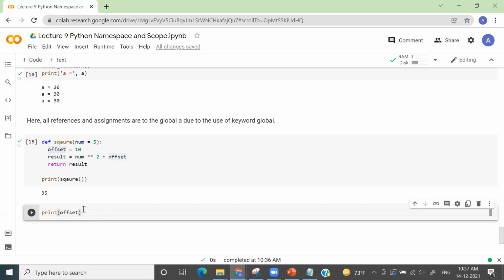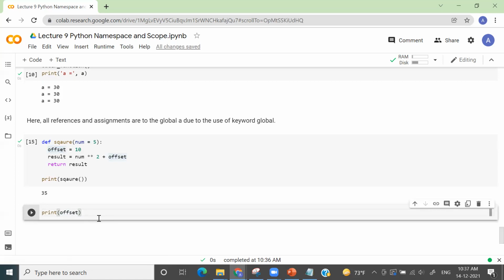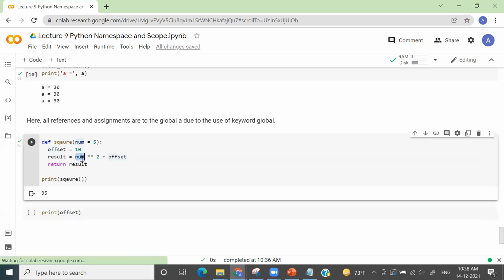One thing you can think is it should print 10, because I have stored 10 in my variable offset. It is squaring my num variable. It's 25 plus, yes.